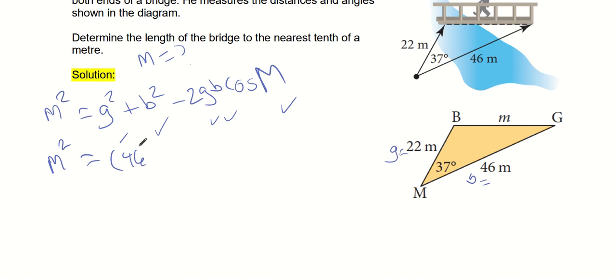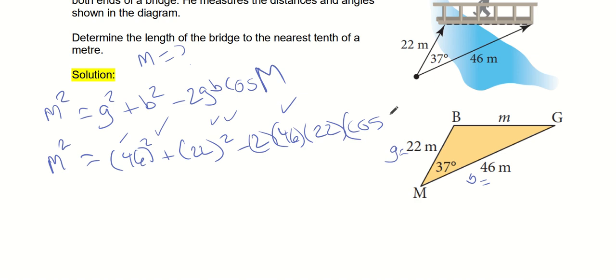So 46 squared plus 22 squared minus 2, and I'm going to put that in brackets so it's easier for you to see. It's all multiplication. It's 46, 22 cos, and I put that in brackets as well, 37. And if you drop that into your calculator, that would equal